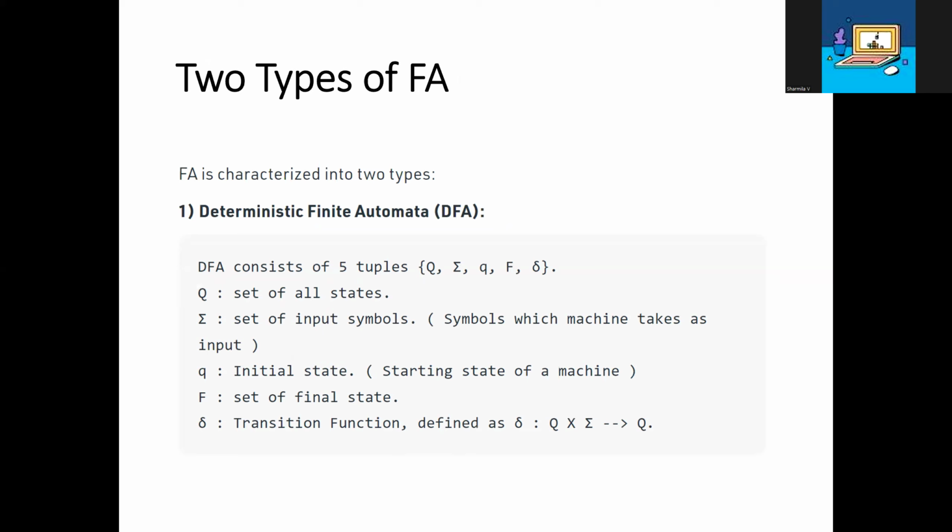In that, we again have the 5 tuple Q, sigma, q0, F, del. Here Q is the set of all states, the number of states. Sigma is the set of input symbols which the machine takes as input. q0 is the initial state, the starting state of the machine. F is the final state, the end state. Here the transition function del is Q cross sigma tends to Q. That is the del transition function for